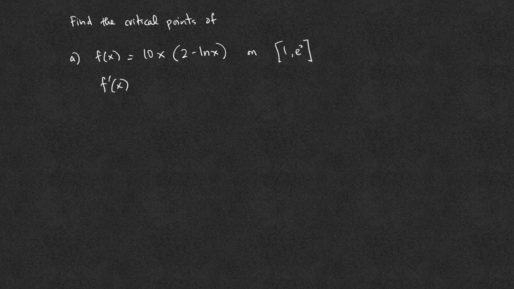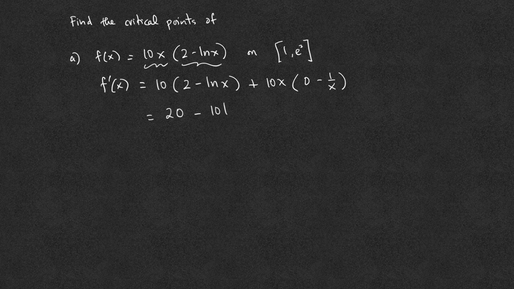f prime of x, using the product rule, there are two factors in f of x. The derivative of the first factor is 10 times the second factor, plus 10x times the derivative of the second factor, which is 0 minus 1 over x. The derivative of 2 is 0, and the derivative of ln of x is 1 over x. This is 20 minus 10 ln of x